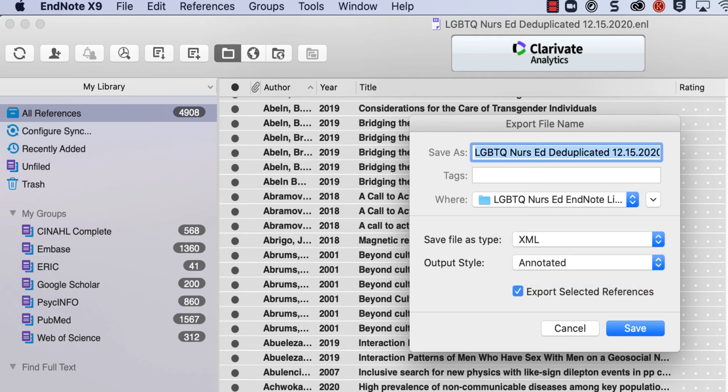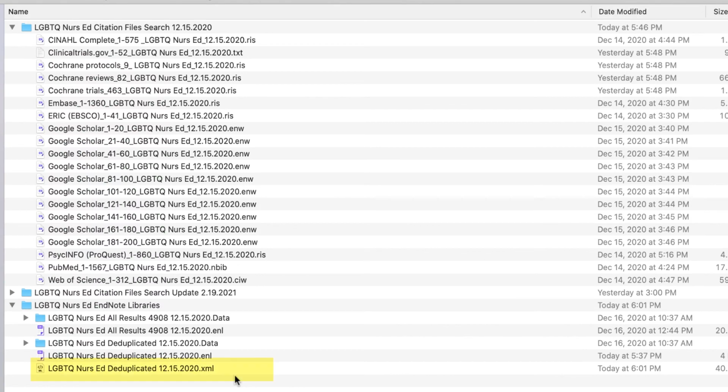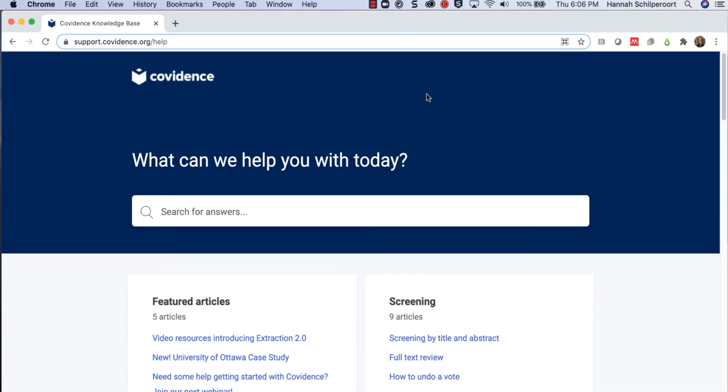Covidence has a size limit for citation imports, so if you have a huge number of citations, you will need to export as 2 or more XML files and import them one at a time in Covidence. The XML file will be downloaded to your computer, and then you will be able to import it into Covidence. Please refer to Covidence support, known as the Covidence Knowledge Base, for instructions and videos on how to import the EndNote XML file into Covidence.